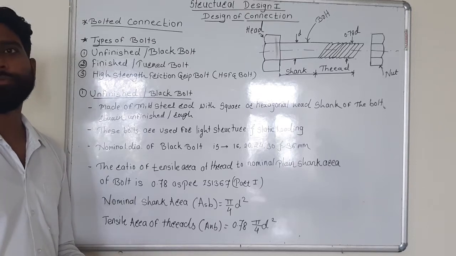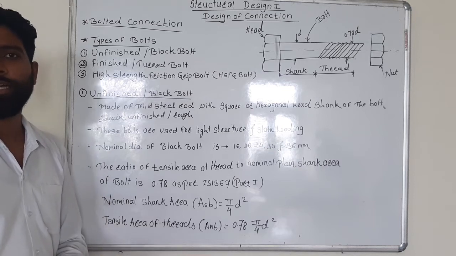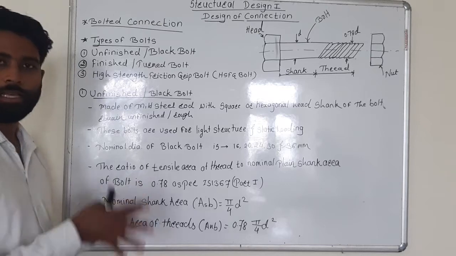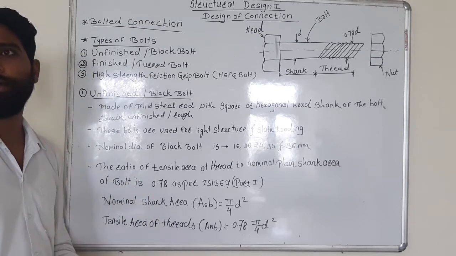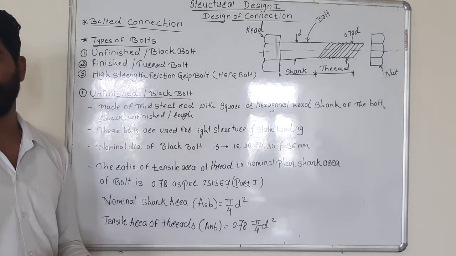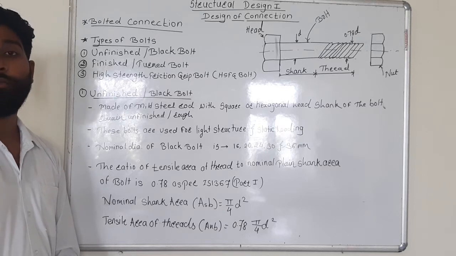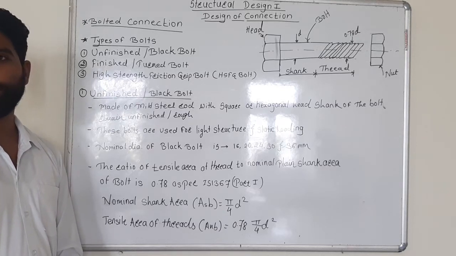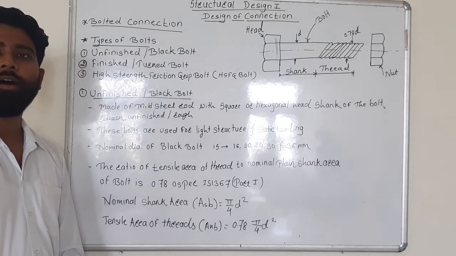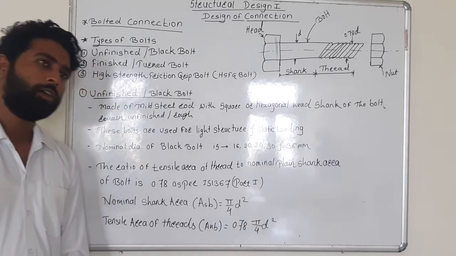So when should we use these connections? What are the different criteria we should fulfill? These kinds of things we are going to learn in this chapter. Going further, I have discussed the riveted connection. What is the riveted connection? It is an old kind of connection, where one bar or wire of steel is inserted into the hole in the members, and then by using a hammer the shape of a head is created.